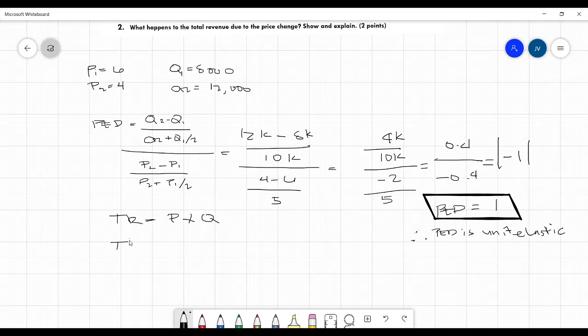Before the price change, let's say TR1, our price is 6 and our Q is 8,000. So the total revenue is 6 times 8, how much? 42. Right? And then TR2, after the price change,